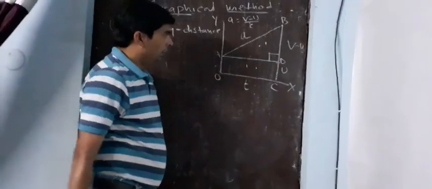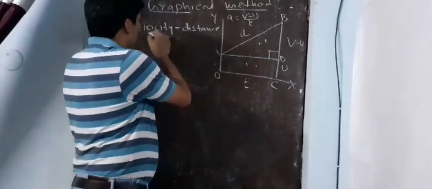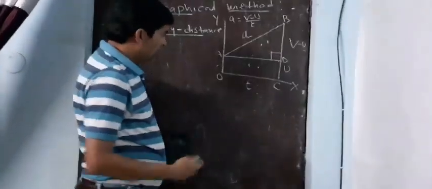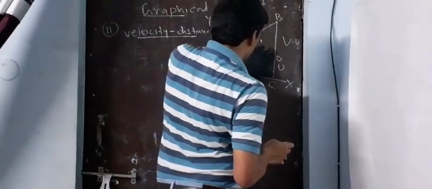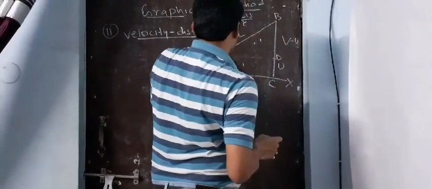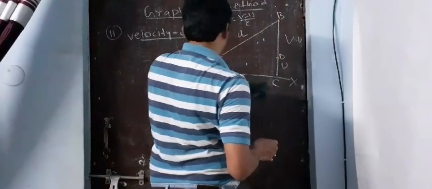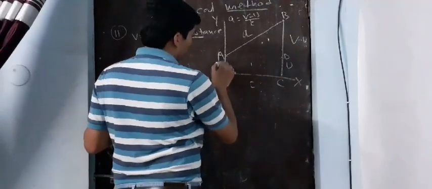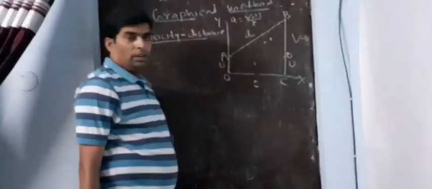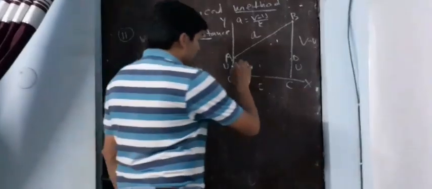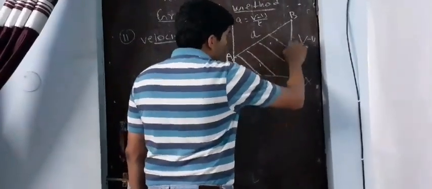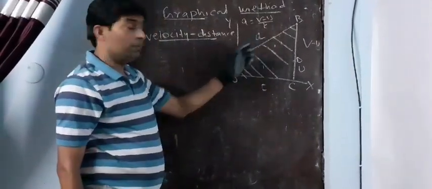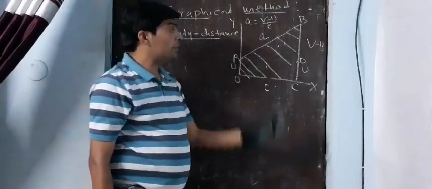The same case, if we are ignoring the time, because I have already told the equation is based on two quantities. So if we are ignoring the time, that means we have to leave this side. Time factor we are leaving. This is the abscissa of the graph, so we can't leave that. We have to keep it there, but we are leaving it here. So OA is U and this is time. So leaving the time, the body will definitely cover the distance between these two positions. Anywhere the body can be, it depends upon the acceleration, it depends upon the initial velocity. So what is the distance covered by the body?